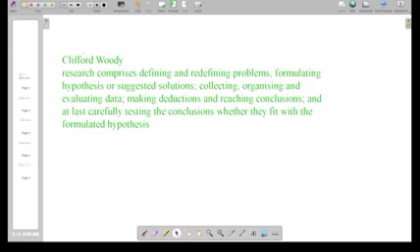And because problems are so many and you cannot solve all of the problems at once, there is the need for you to redefine the problem, limit it in scope to what affects you at work, for instance, in your community, for instance. As you redefine the problem, you want to formulate a hypothesis, which is a guess concerning what is likely going to be the outcome of this your study. And you also want to identify the suggested solutions.